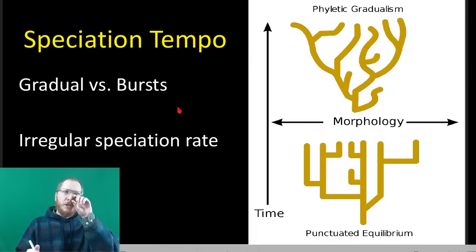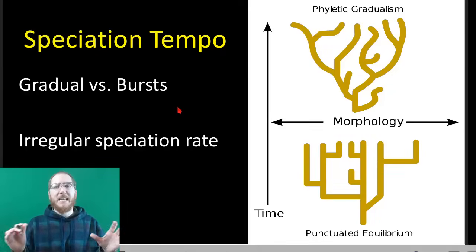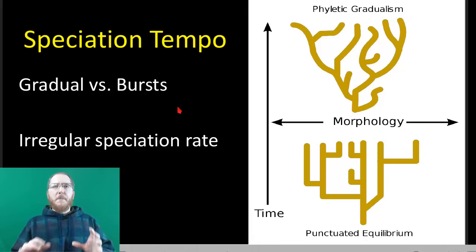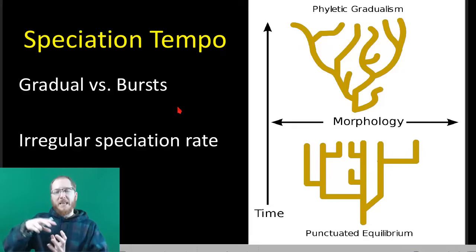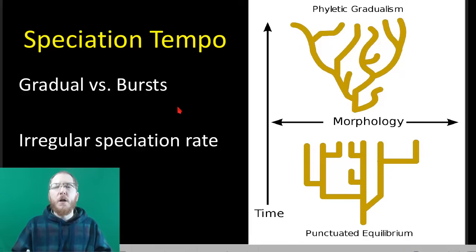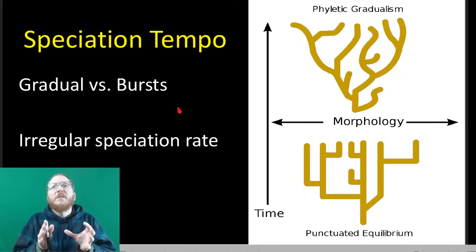Okay, speciation tempo. So we've reached the end here of chapter 24. When people first thought about evolution, they thought of it as what they call gradualism, where everything is slowly changing. And you've seen this with a lot of stuff where there's this gradual morphing, whether it's from a little monkey-like guy to a person, whether it's from a fish to an amphibian to a reptile. We'll probably watch one of these in class just because they're fun to see the overall switch. But there's a lot of these ideas that it was slow and steady, that it was essentially the tortoise.